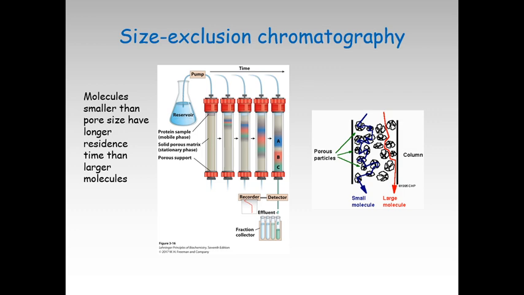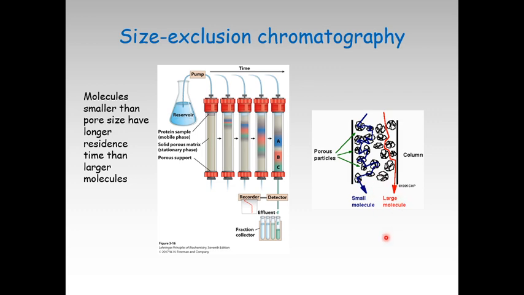Size exclusion chromatography, also called gel filtration chromatography, separates proteins according to size. In this method, large proteins emerge from the column sooner than the smaller ones, a somewhat counterintuitive result. You might expect smaller proteins to elute first and then the larger proteins. This doesn't happen. The large ones come out first because the solid phase, the matrix that this gel is